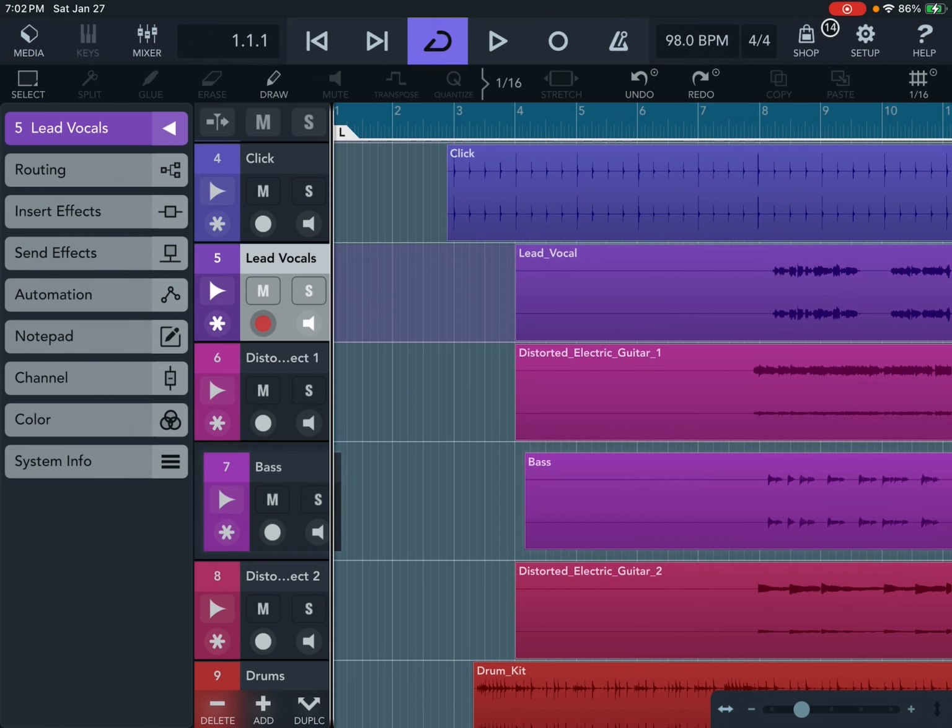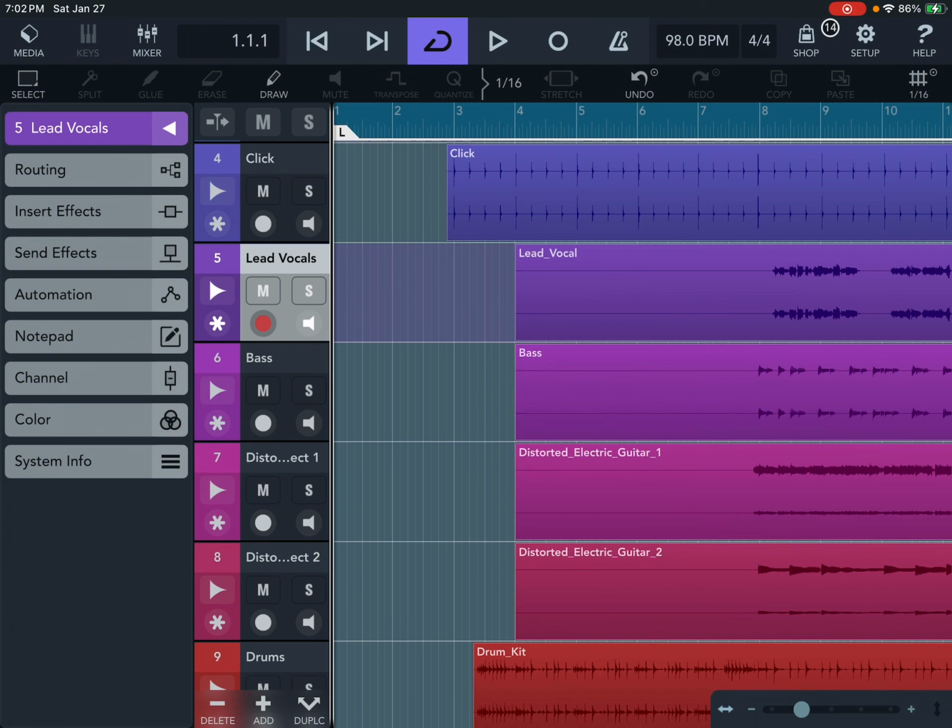If I drag it down, bass went to 7, or you drag it back up and it went right back to 6. So you can just touch it, hold it, and then slide your finger up or down, and it'll put it where you want it, and it'll keep the name once it's named. It'll keep the name that it initially had as well, which is confusing. But anyway,